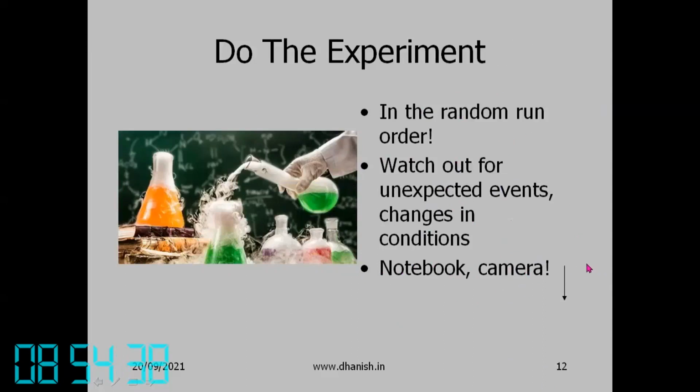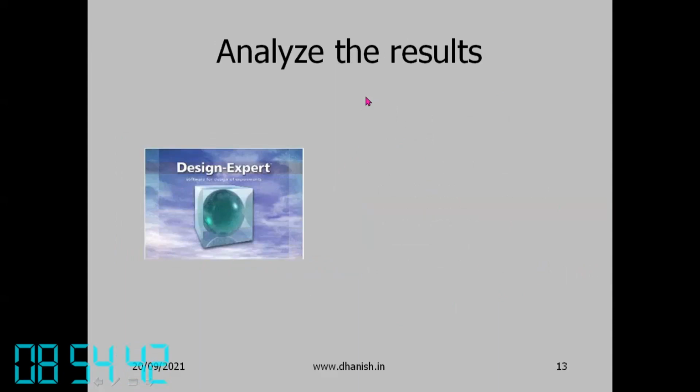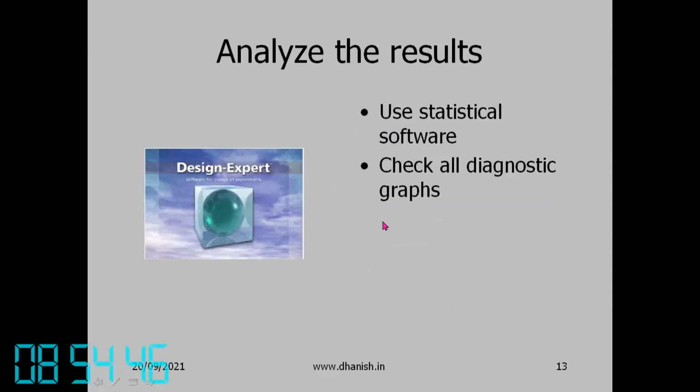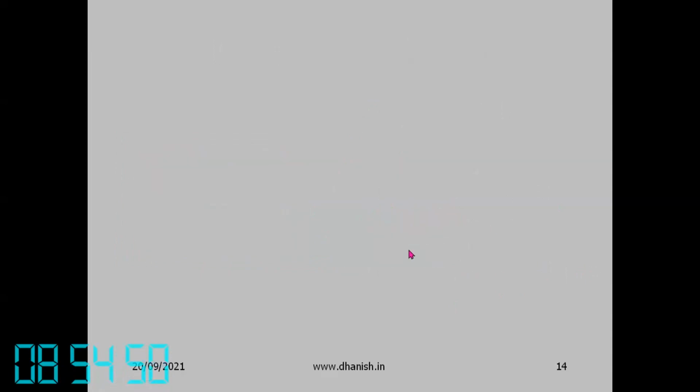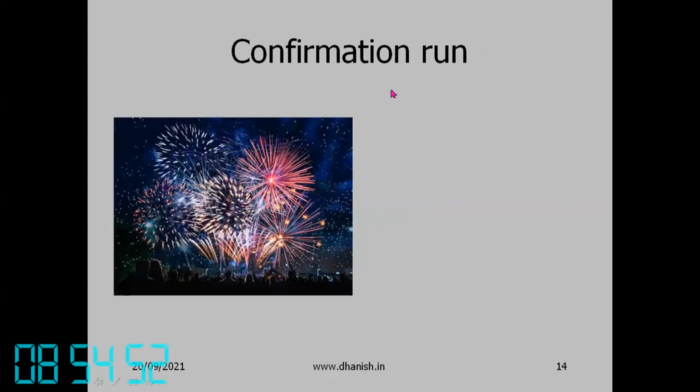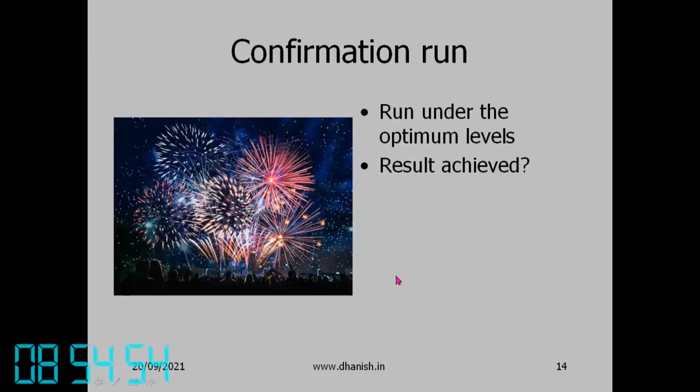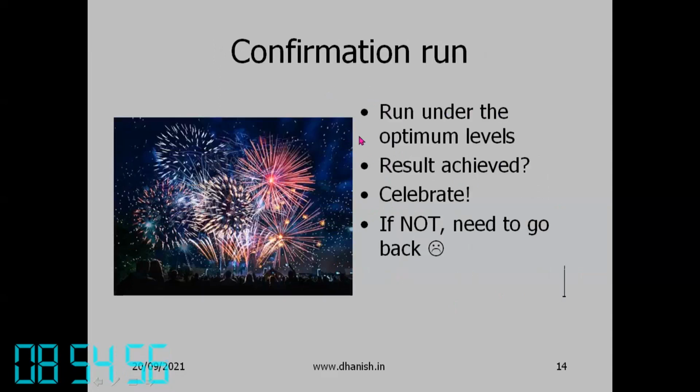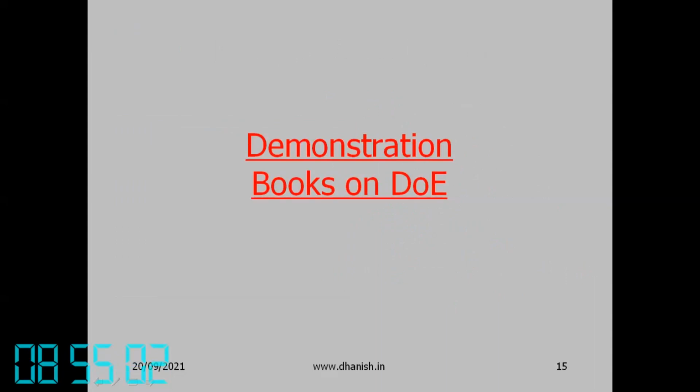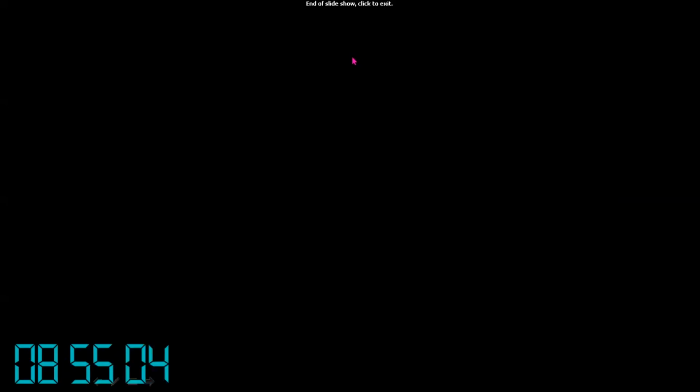Nowadays that is easy. Then analyze the results using statistical software like Design Expert. Check all the graphs. Finally, you do a confirmation run. And if okay, celebrate. Otherwise, we need to go back. Okay, so with that, we complete our